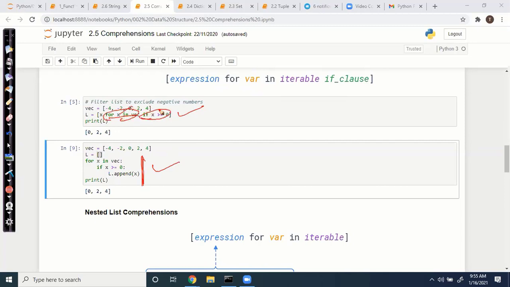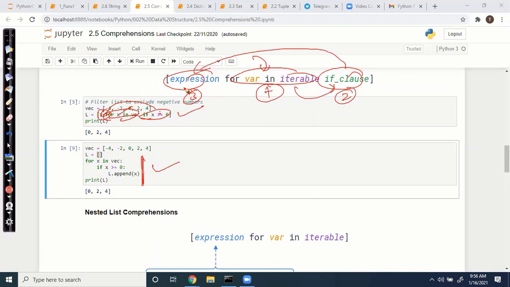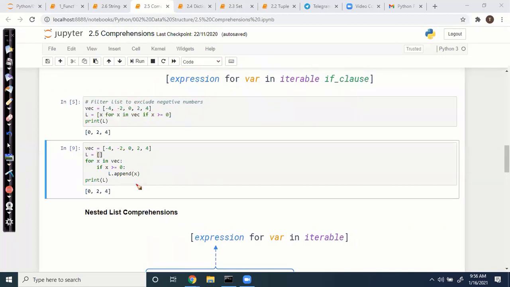After executing the for loop, it goes to the if clause. If it passes, then the expression. First the for loop is executed, second the if clause is checked, third the expression. These three lines are created in a single compact line. This is called comprehension.